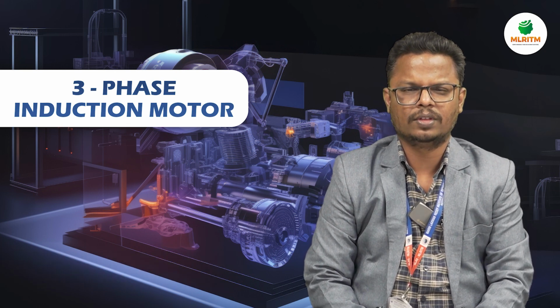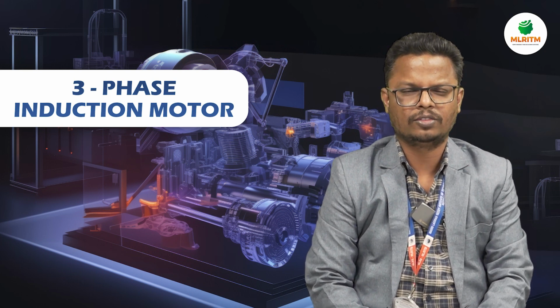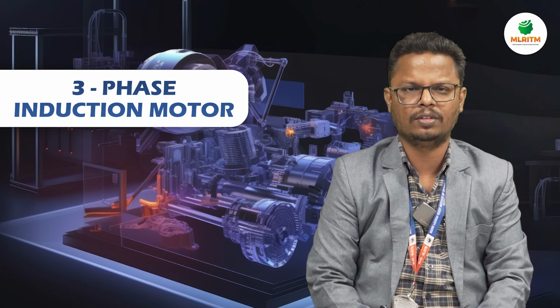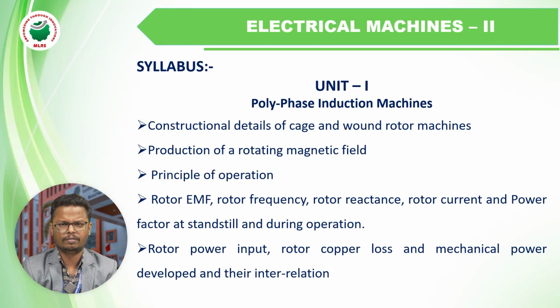Today we are going to discuss Electrical Machines 2, Unit 1. The chapter name is three-phase induction motors. First we will discuss the syllabus. The syllabus covers construction details of the squirrel cage induction motor and slip ring induction motor, and production of rotating magnetic